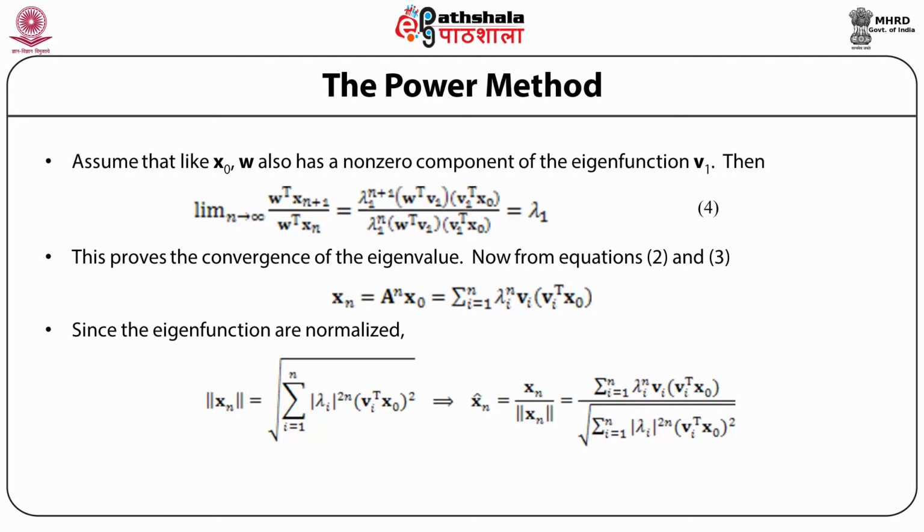This implies that the x_n vector is equal to x_n divided by the norm of x_n, which is further equal to the summation i equals 1 to n of lambda_i raised to power n times (v_i transpose x_0), whole divided by the square root of the summation i equals 1 to n of mod lambda_i raised to power 2n times (v_i transpose x_0) whole squared. On separating out the i equals 1 part of the summation,